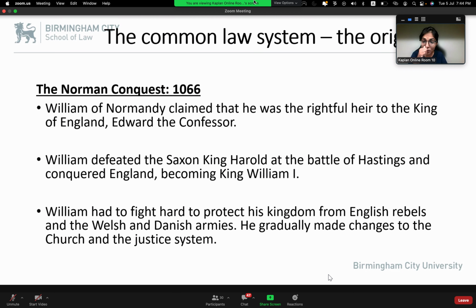So what he did was he strengthened his legal system. He made substantial changes to the church. The church was closely associated with the monarchy, and that's the reason why, if you look at the Church of England, it used to advise the monarchy. So we do not want the church to be independent and influence the society based on some religious grounds. So he brought the church under his purview.